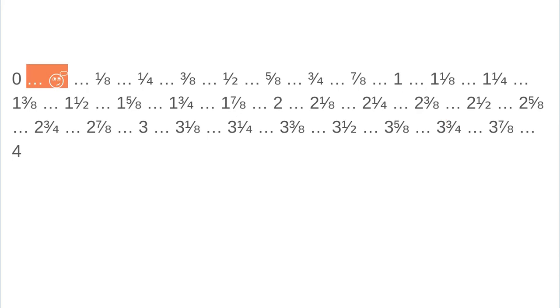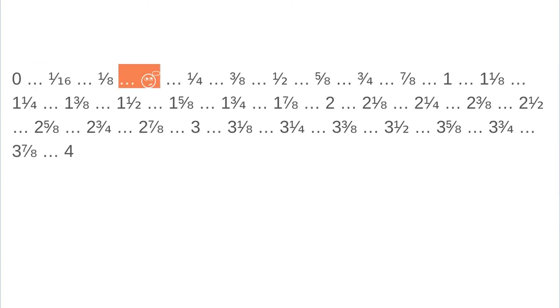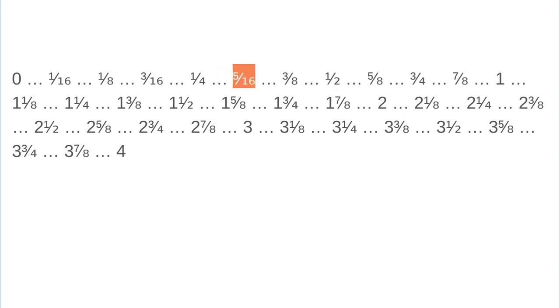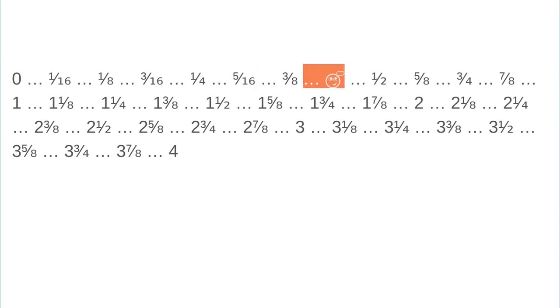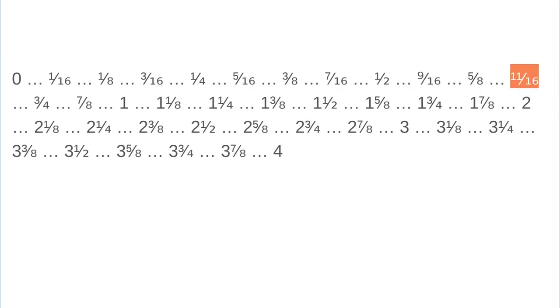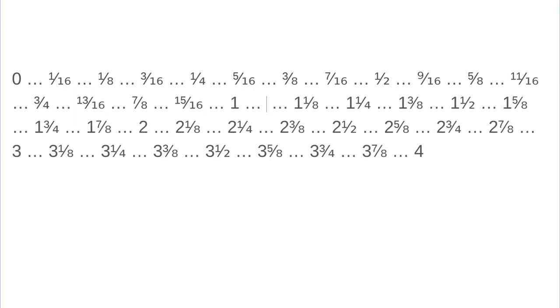In between 0 and 1/8. What's half of 1/8? It's 1/16. Halfway between 1/8 and 1/4, 3/16. Halfway between 1/4 and 3/8, 5/16. Now notice, this is really not that hard. 7/16, 9/16, 11/16, 13/16, 15/16,